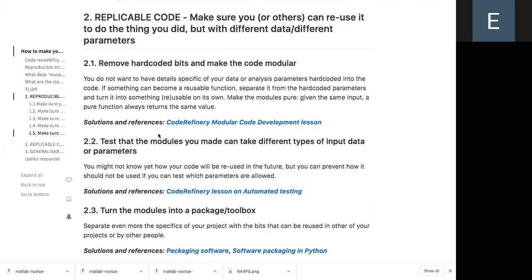We want to reuse it in the sense that we have new data, or new people in the lab or new collaborators that want to redo the same thing you did with the original data, but with a different data set or with a different set of parameters because they want to change some of the parameters you used in your model. So the first step here is